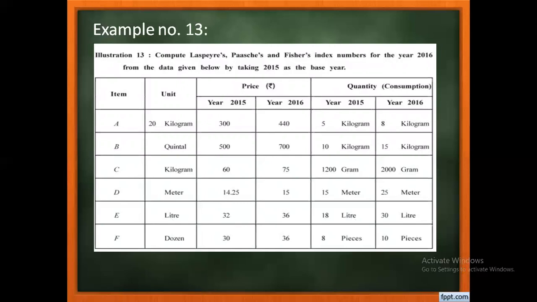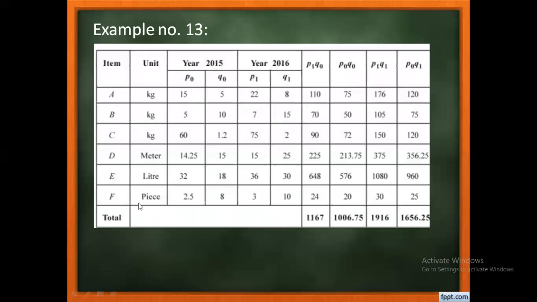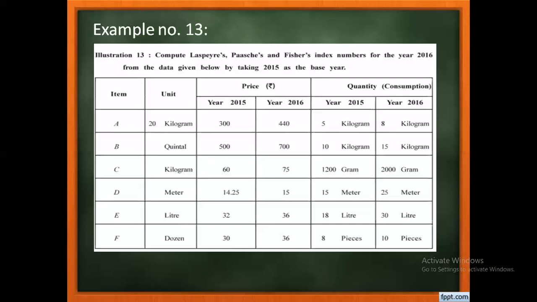the unit is given in 1 dozen. So the price is also for 1 dozen, right? But in quantity you have given pieces, right? So again you have two options: either dozen is converted into piece or piece is converted into dozen, right? So here we'll convert dozen into piece. If we convert dozen into piece, the price would be changed, because the price over here is for 1 dozen, right? So 1 dozen, in other words, you can say 12 pieces. So the price is given for 12 pieces.